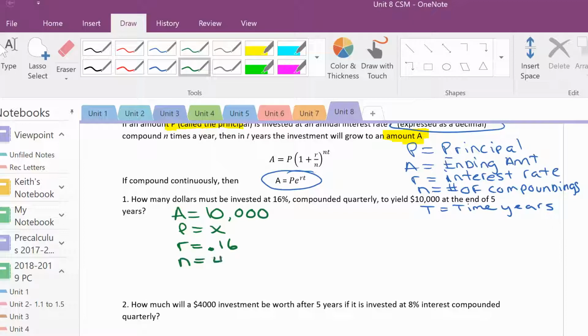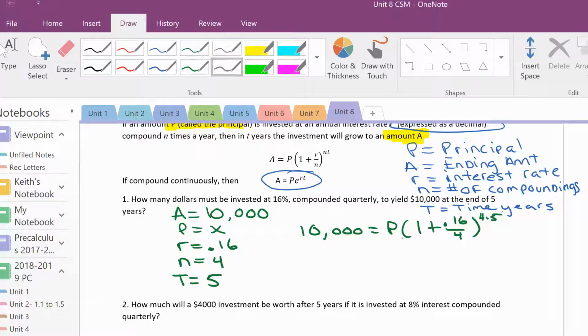Compounded quarterly, that's 4 times a year, and 5 years. So when we put that in our equation, it's 10,000 equals P times 1 plus 0.16 over 4 to the 4 times 5 power. So to find P here, since this is multiplication, we just need to divide